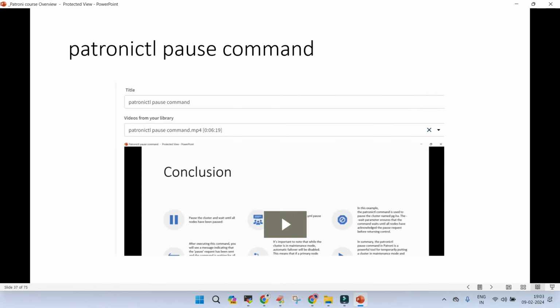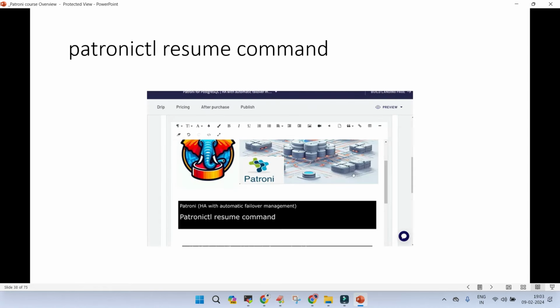Just in case I wanted to pause the Patroni cluster, how can I do that? If you see, there are lots and lots of combinations which are available. If I just wanted to resume the operations when I have paused, is that something possible? So there is a huge